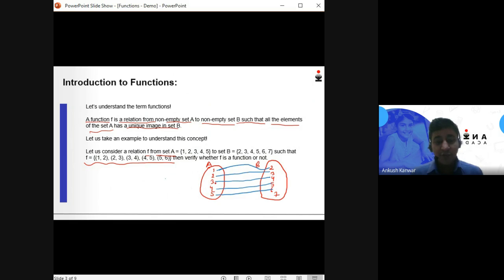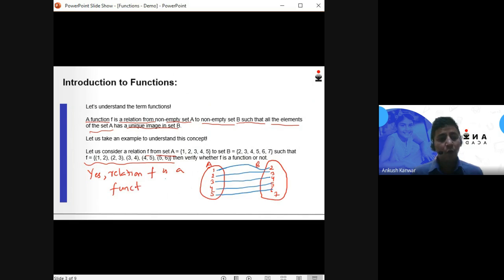Similarly, the image of 3 in set A is 4 in set B. Again, it is unique. So we can see that all the elements of set A have a unique image in set B. That is why we can say that yes, this relation f is a function.